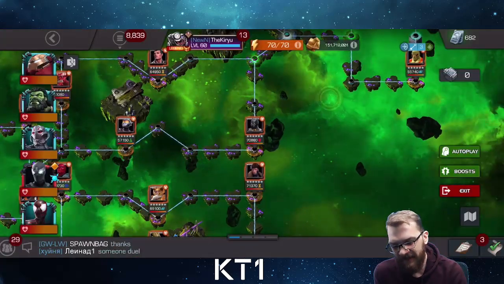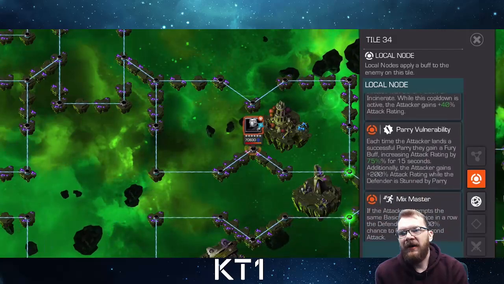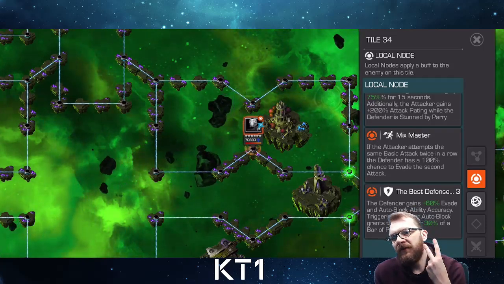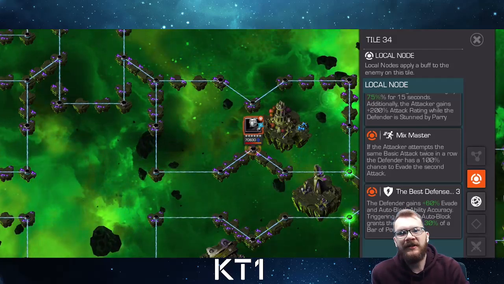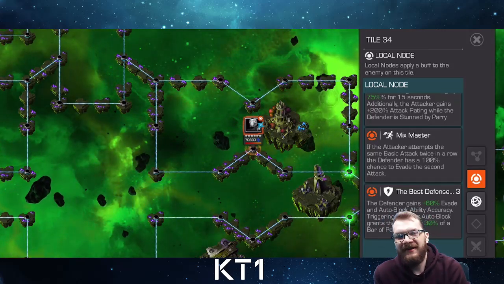So this is definitely one of the easier lanes overall to take in this chapter. Now we have Stunning Reflection, Parry, Vulnerability, Mixmaster, and Best Defense 3 nodes. Here you can approach it in 2 different ways. You can either focus on the Mixmaster part and counter it, and just use any evade counters like Mole Man,